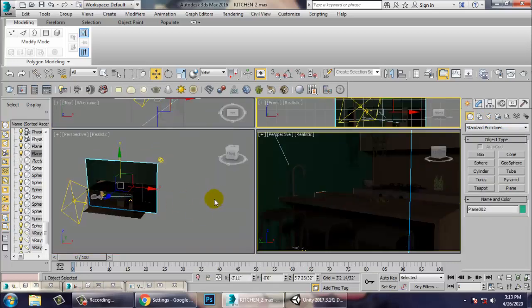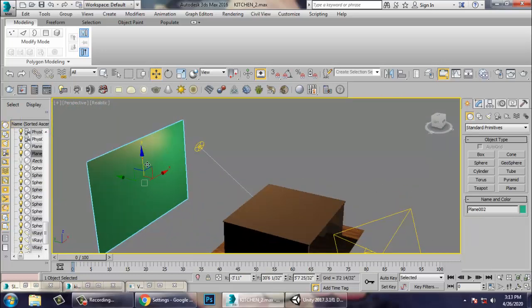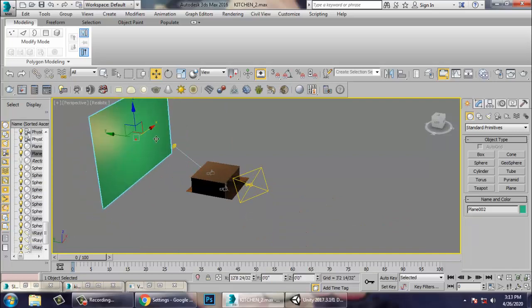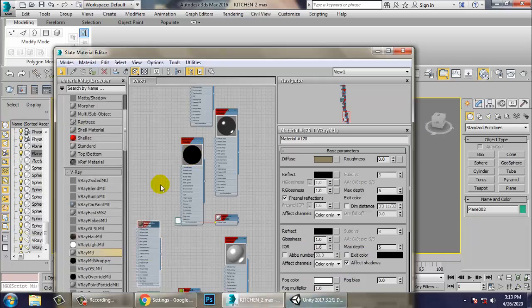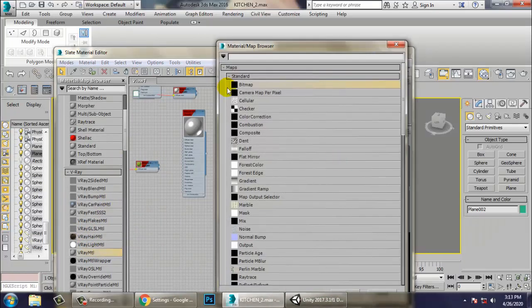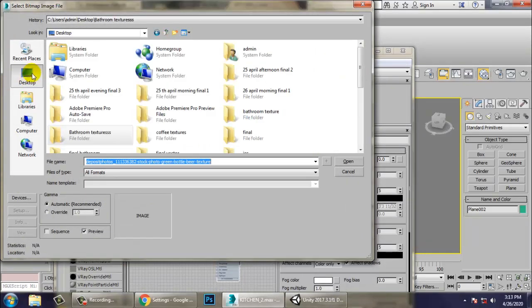Let's take a plane and push it back over here. Scale it, push it back. So you can just go into material and let's just assign a V-Ray material, and let's give some kind of background for it, like a sky or something.